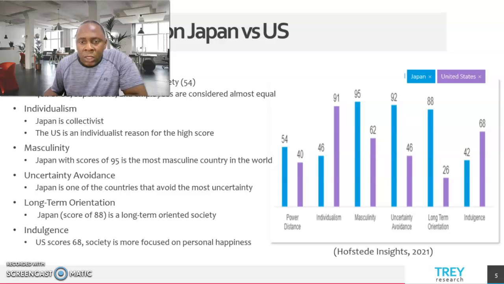The number 5 here is long-term orientation. It describes how every society has to maintain some links with its own past while dealing with the challenges of the present and future. Society prioritizes these two existential goals differently. With 88 for Japan, it is one of the most long-term oriented societies. Japanese see their life as very brief.